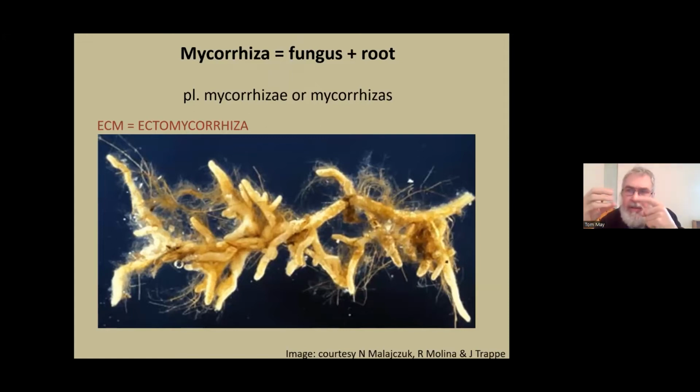So this is the sock. This is where the fungus forms a sheath around the very fine roots of a plant. So here, these incredibly fine threads, they're the fungal hyphae. They're about 10 microns in diameter. These are fine roots of a eucalyptus, and they're entirely surrounded by this sock of mycorrhizal fungi. So it's not some sort of accidental coming together. It's a definite structure, and it's formed routinely and repeatedly.